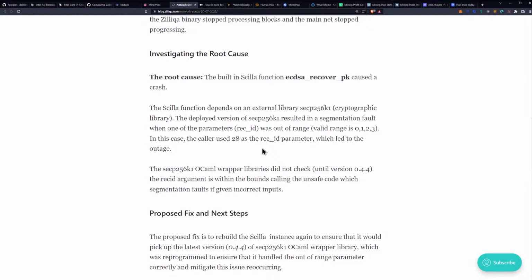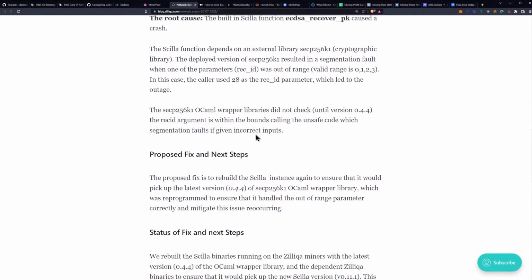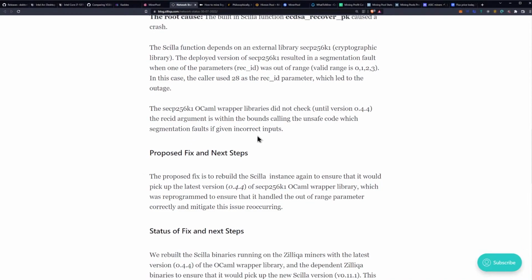The Zilliqa function depends on an external library, and that's a cryptographic library. The deployed version of this library resulted in a segmentation fault when one of the parameters was out of range. In this case, the caller used 28 as the rec ID parameter, which led to the outage. The wrapper library in question did not check until version 0.4.4. There we go. The rec ID argument is within the bounds, calling the unsafe code, which segmentation faults if given